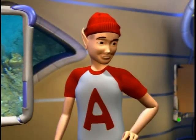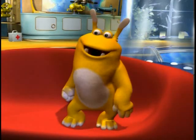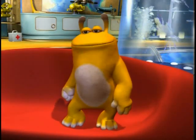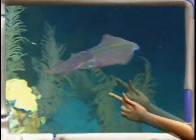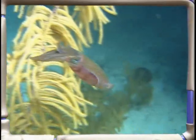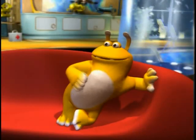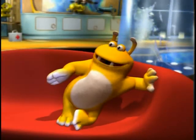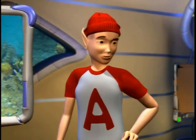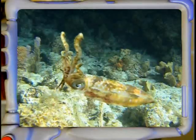Shall we try and catch it? If you like, Whoops, but I think you'll be waiting for a very long time. Why say that? Because the squid is an excellent swimmer. It may be small, but it can swim just as fast as some big fish. Well, that's because it's got loads of tentacles to help it on its way. Actually, it doesn't. A squid doesn't use its tentacles to move about. Instead, it relies on